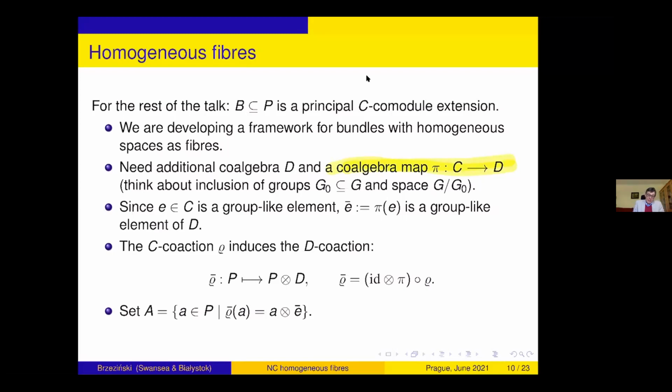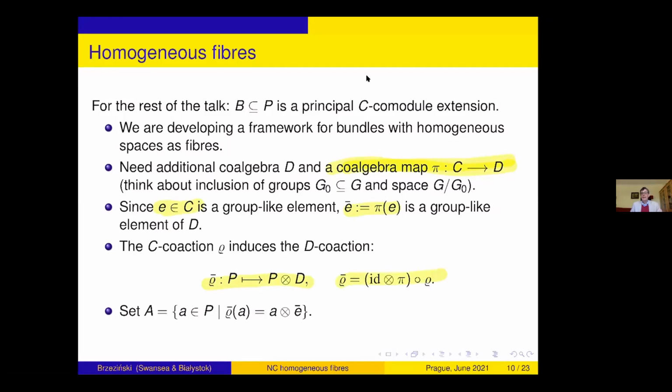Okay, so remember, we have this co-pointed situation. So we have this group-like element E. Since pi is a coalgebra map, I can project it down, or pass it down to D. I will call it E bar. And since I have this E bar, I can define some sort of fixed points with respect to this E bar. Okay, so starting with the induced D coaction,